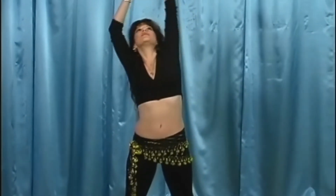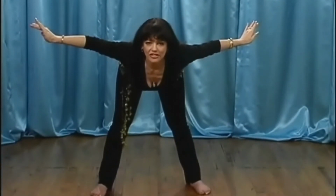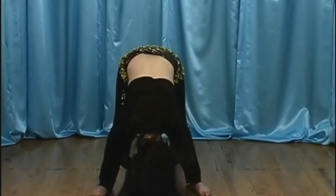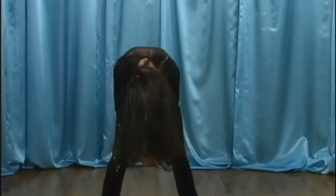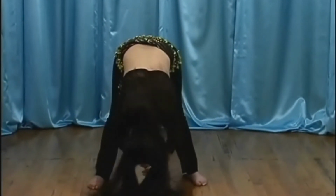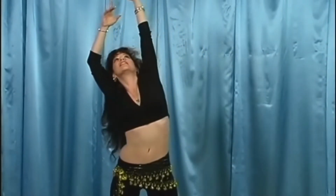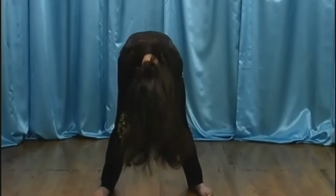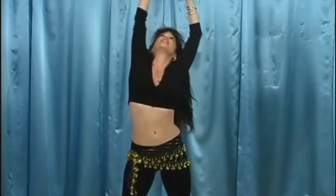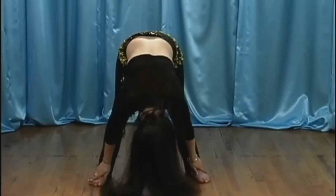To begin warming up, we'll stretch up. Open your arms, come down flat back. Really feel that stretch up the back of your legs. Drop down and let your head hang and breathe. Roll up slowly, vertebrae by vertebrae. And stretch up again. Open. Flat back. Drop. Breathe. Roll up. Stretch. Open, flat back, drop your head, roll up, and one more time, stretch up, open, flat back, drop, roll up slowly,